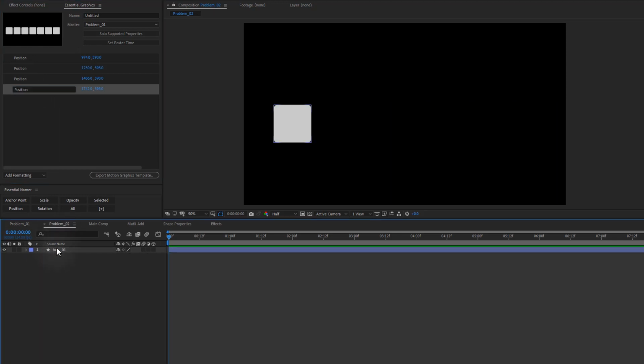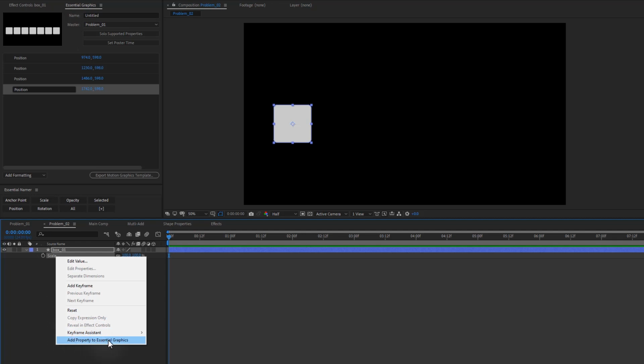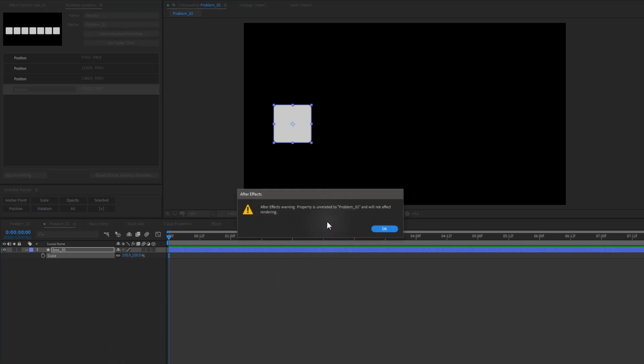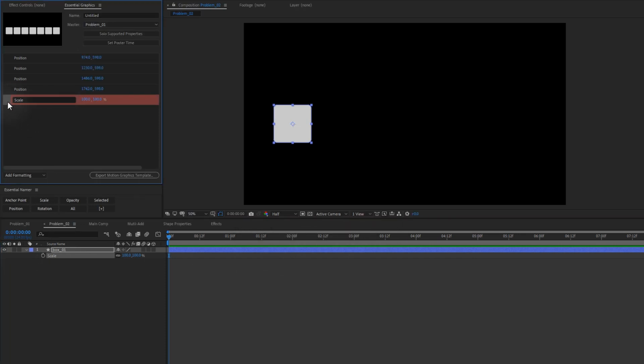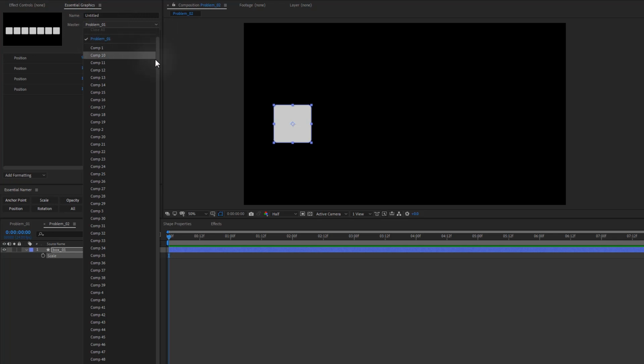The other problem was if I jump to another comp, and let's say I solo scale here, and I do the same thing, I do add property to Essential Graphics, I get this warning message because this comp that I have open in the Essential Graphics panel doesn't match the comp down here. And so it's highlighted red, and so that's not good. There's a couple different ways to get around that problem. You could come up here and do close problem 1, and then you could go ahead and add that,